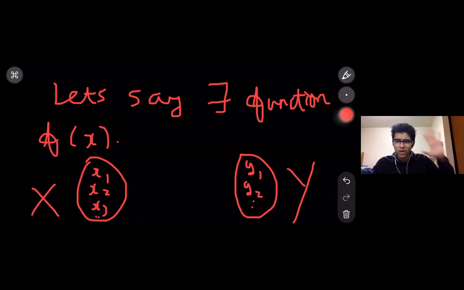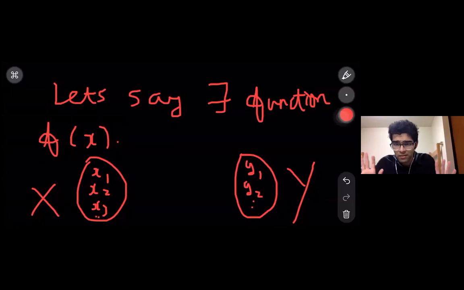All we know is there is one set, which is the domain. We call it big X. It has a lot of numbers inside it. So like in the previous example, when I defined a function, on one side I had 1, 2, 3, and on the other side I had 2, 4, 6, right? So the set which has 1, 2, 3 is my big X. The set which has 2, 4, 6 is the big Y.